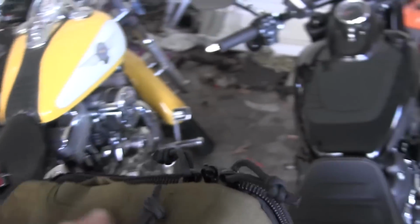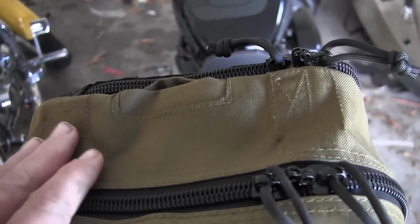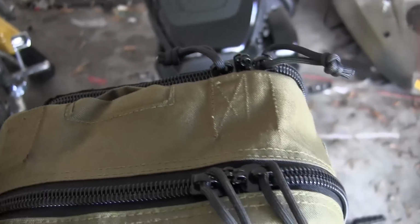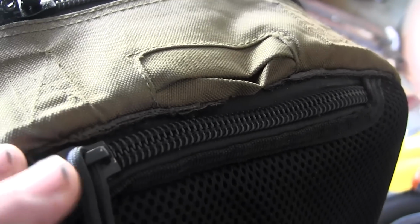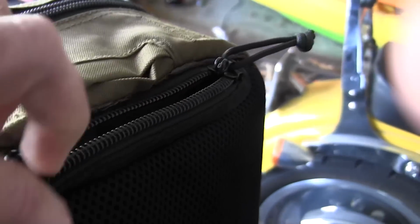Up top, now you don't have to do this. I did it more just for kind of like aesthetics, but it had a hand grip. I cut that off, and it had some extra webbing. I cut all that stuff off. And then you can kind of see right up in here, yep, right there, where I cut the two backpack straps off. And like I said, the key to making this work